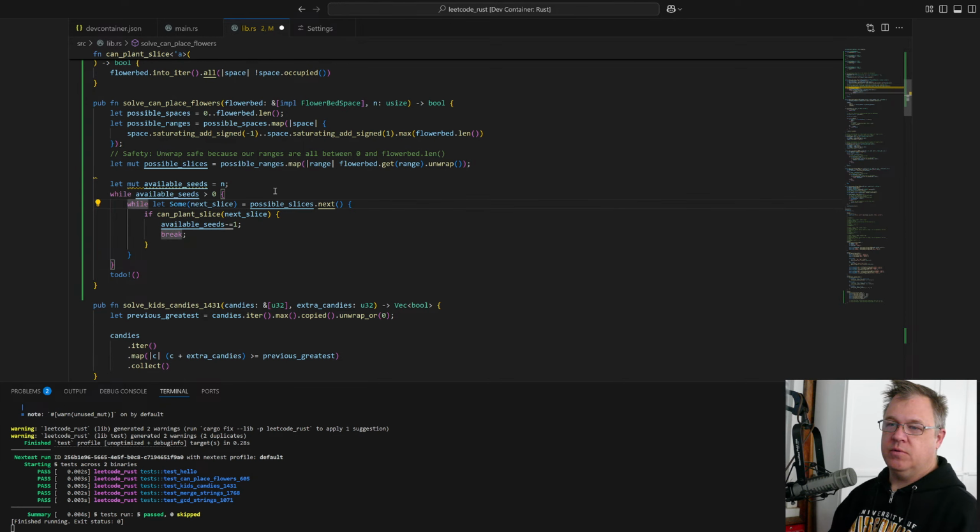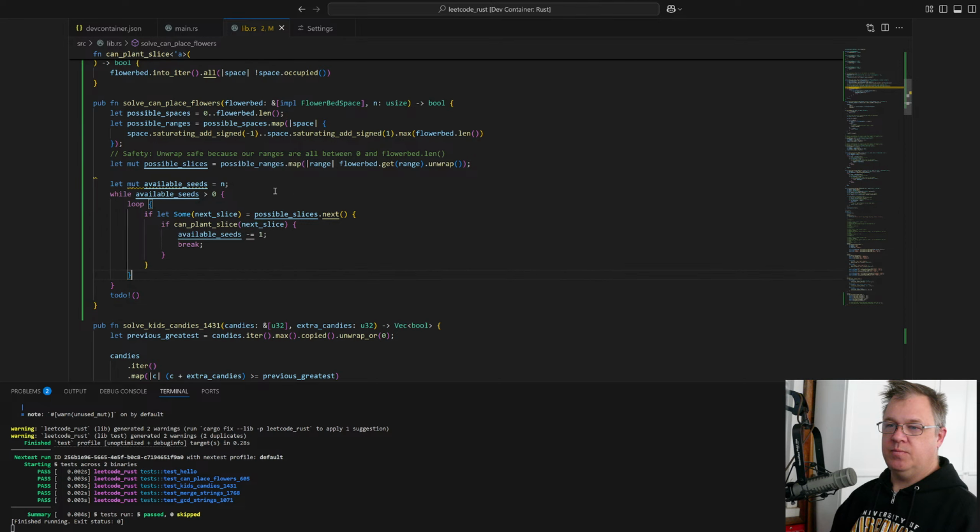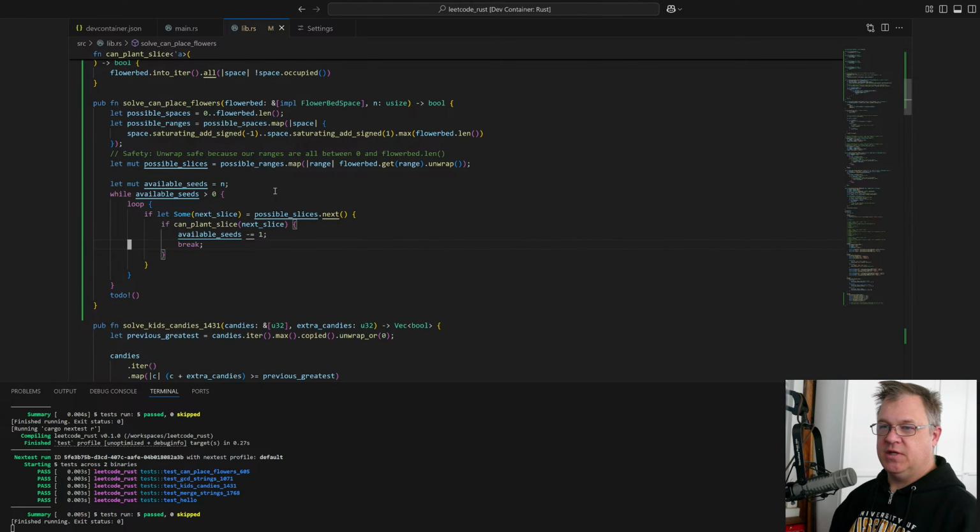Actually, we're in a loop. So we're looking at the next possible slice, and if we can plant there, we do.